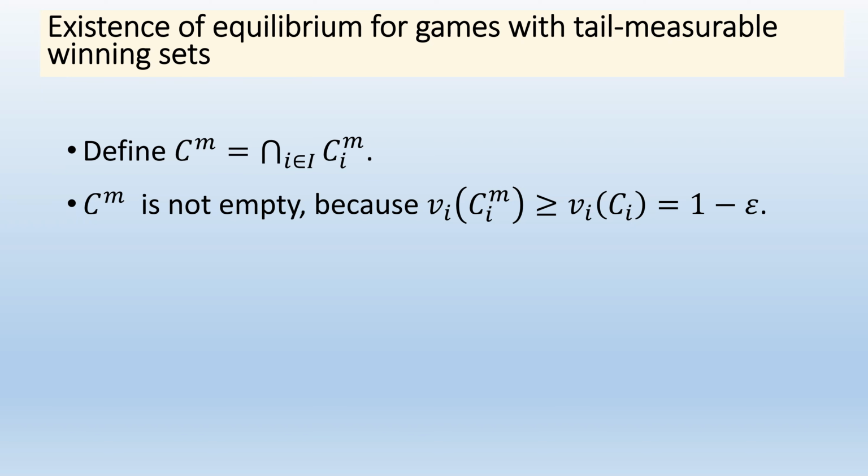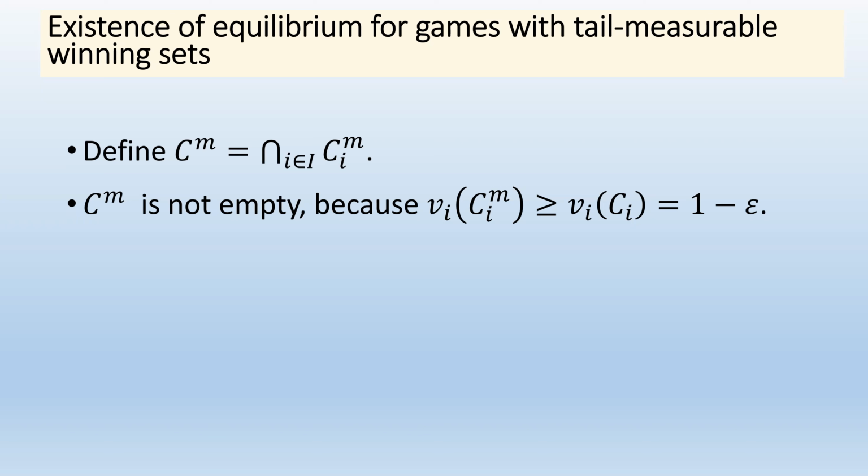When we look into the set CM, which is the intersection of all CIMs, it means that all the players still have some future when they are still each one in their respective CI. It doesn't need to be the same future for all the players, but each player needs to have a future that guarantees that he is still inside CI.